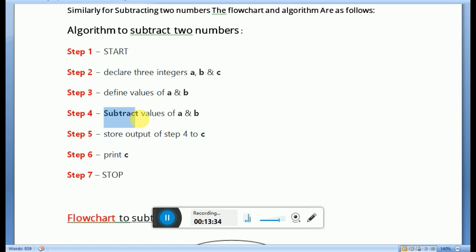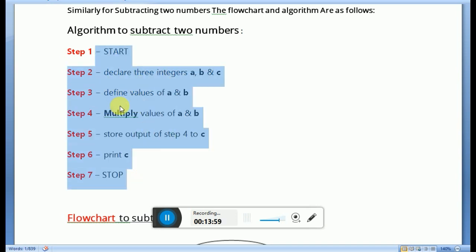Then here, for multiplication you will write multiply values of a and b, and the multiplication value will be stored to c. So then at last you will write stop.